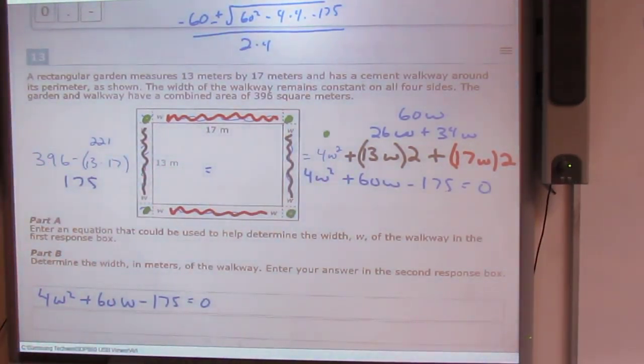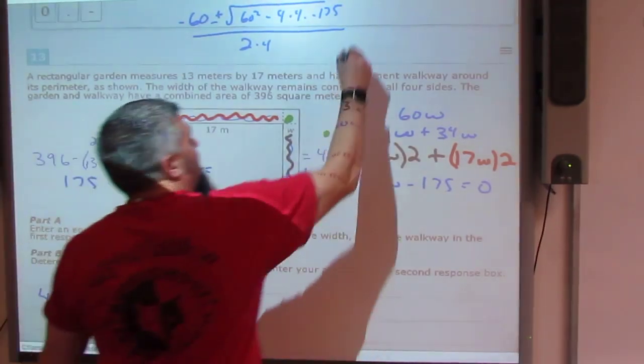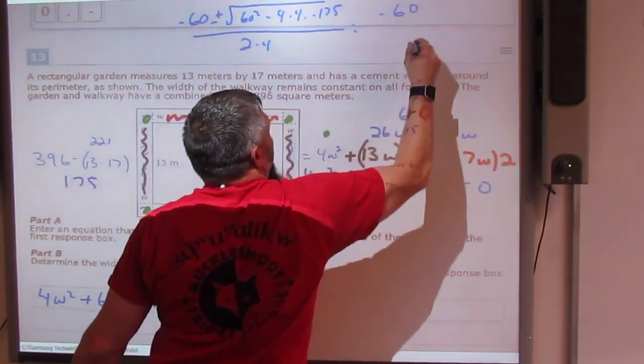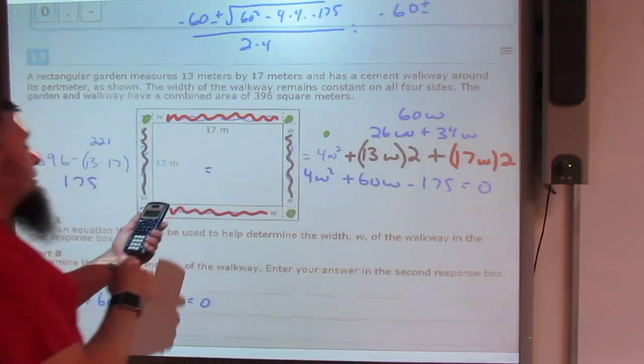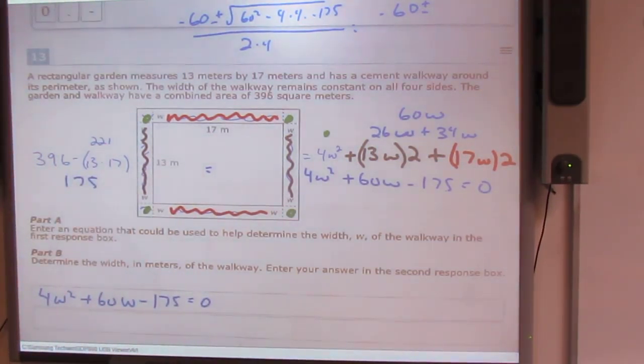So I've got negative 60 plus or minus, let's see, 60 squared, 60 squared plus 4 times